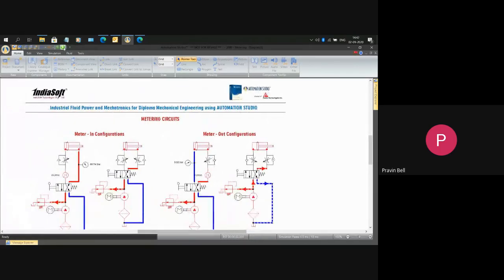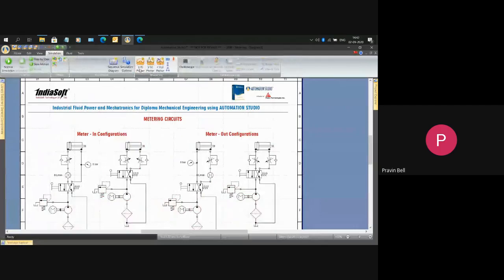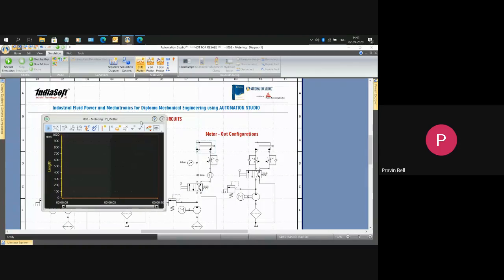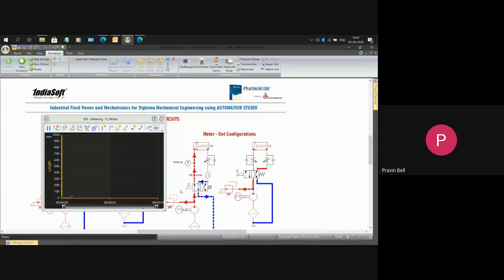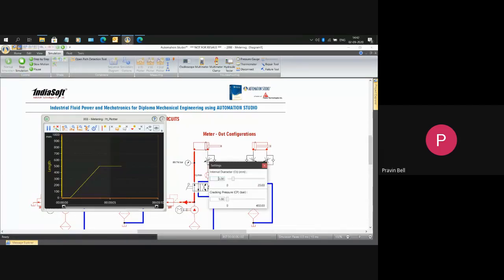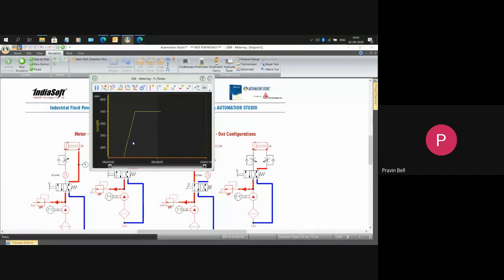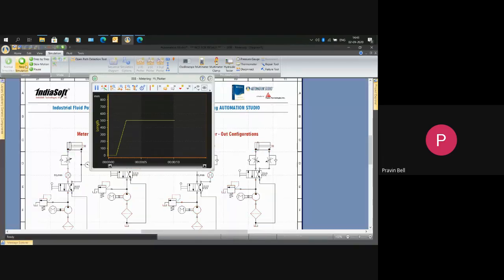So you can actually have a practical in which you have a plot here like this. You can put the linear position of the cylinder here and plot it. The piston is moving like this. Very fine. But if I change this particular orifice now, I increase the internal diameter and re-simulate, it goes faster. So students can have a practical based on this graph, that for a particular orifice opening and flow of this much, the piston extracted in so much time, versus another situation. You can do this what-if type of practical in Automation Studio for a metering circuit.